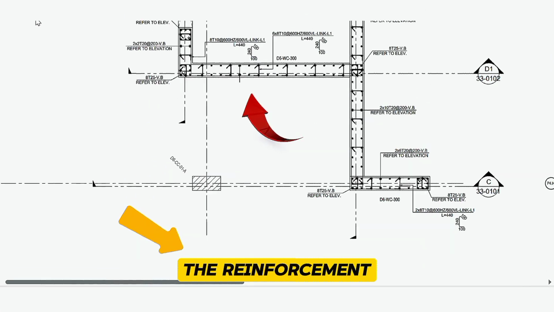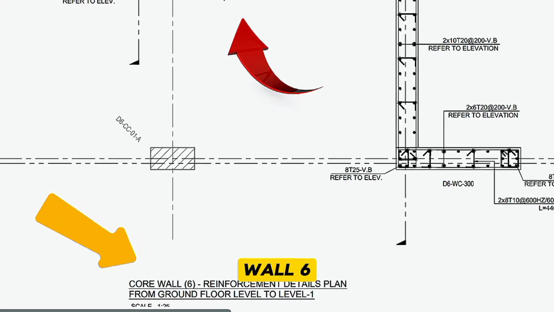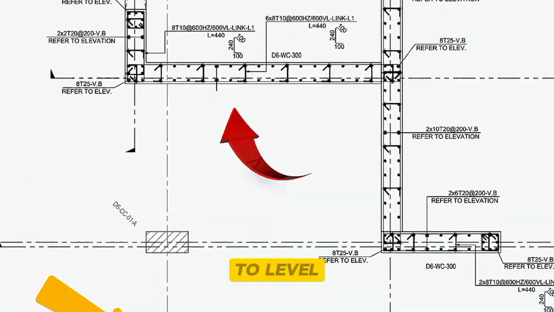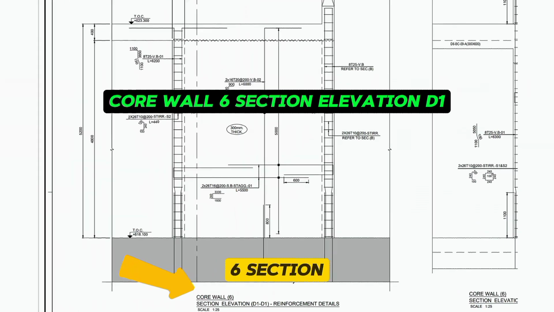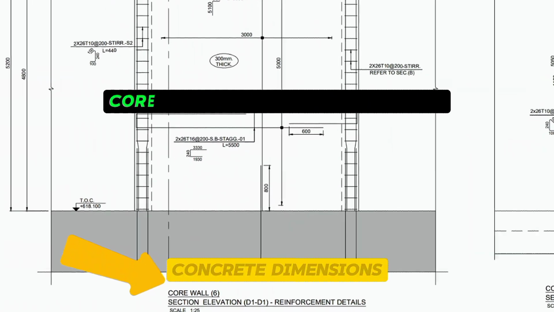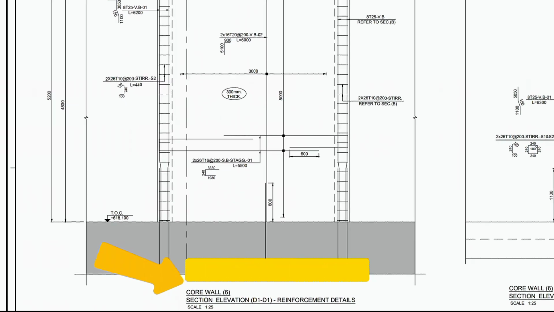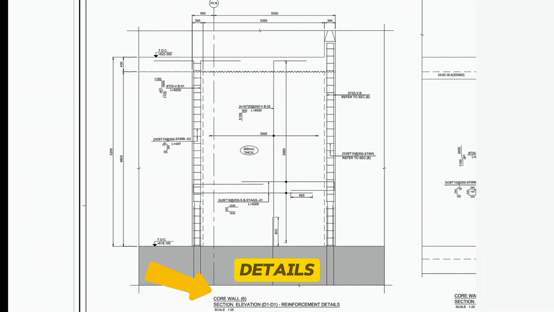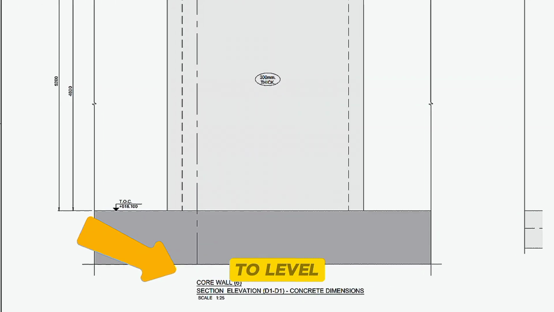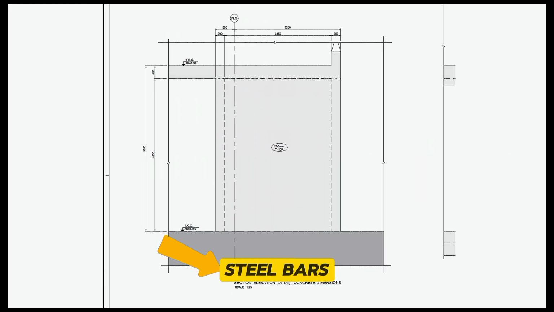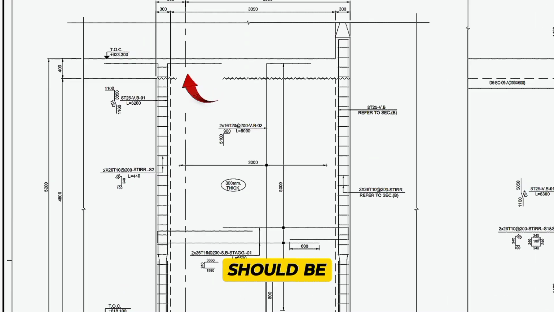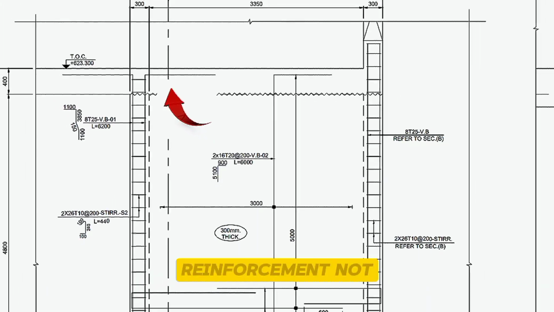The reinforcement details plan for core wall 6D1 from ground floor level to level 1. Core wall 6 section elevation D1 concrete dimensions. Core wall 6 section elevation D1 reinforcement details. This wall will remain only up to level 1. The vertical steel bars that will be used on top should be placed in the direction of the slab reinforcement,